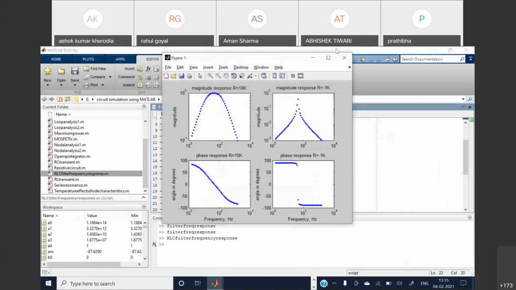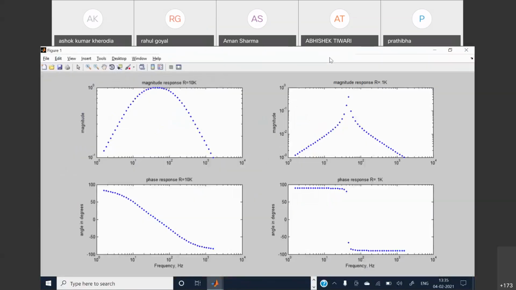See here, this is the graph. This is the magnitude response for 10 kilo ohm, and this is the phase response for 10 kilo ohm. This is the magnitude response for 100 ohm, and this is the phase response for 100 ohm. So in the same graph, instead of plot, I use subplot. What is it doing? It is converting...